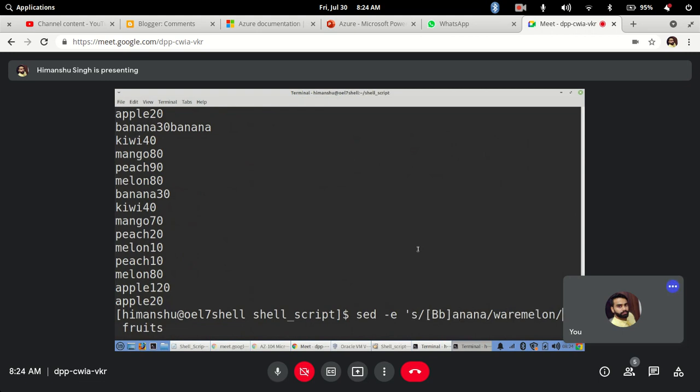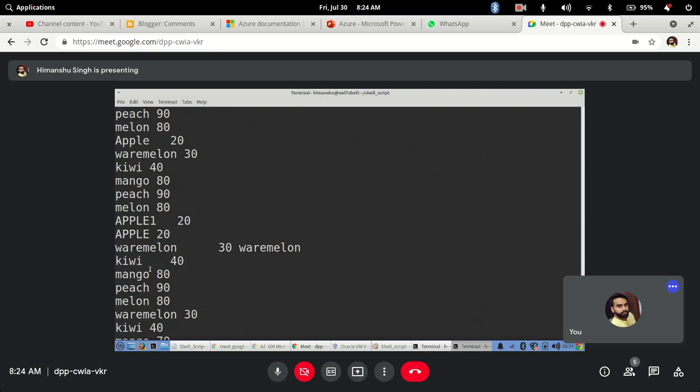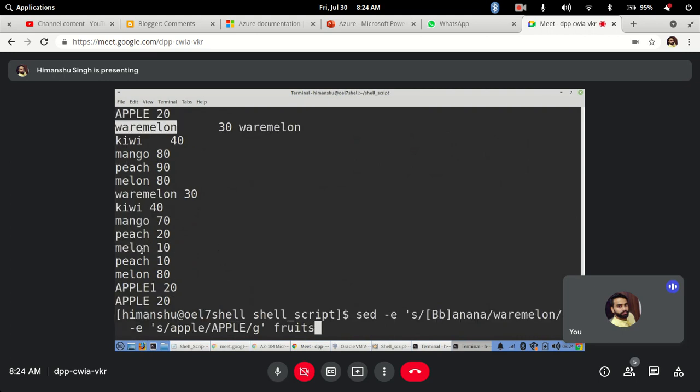Let's say in place of apple I want capital apple. It will change multiple places. Apples are also changed and bananas are changed anyway. So two different changes you can execute simultaneously.